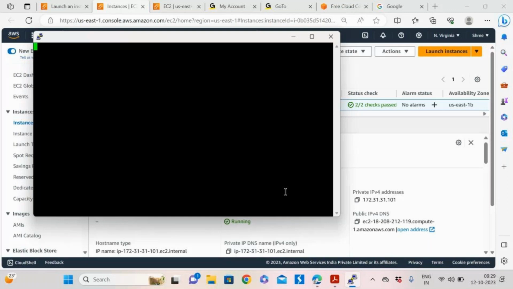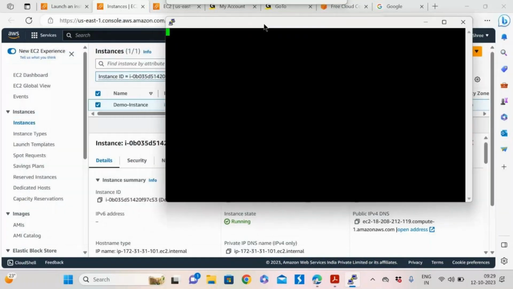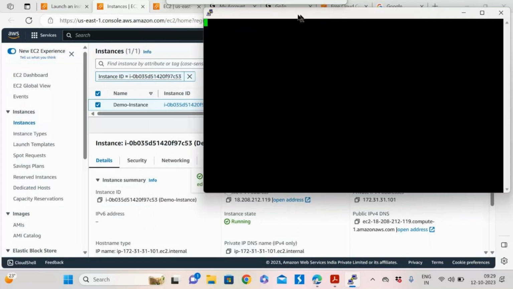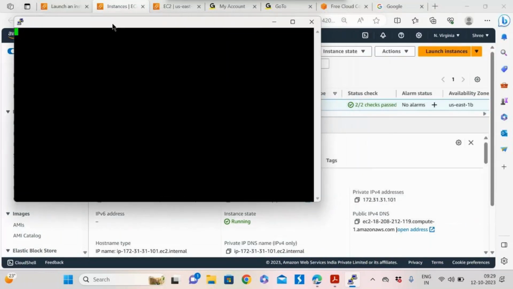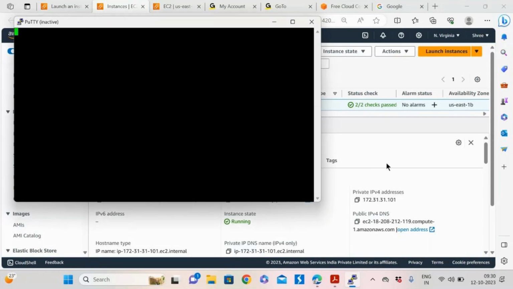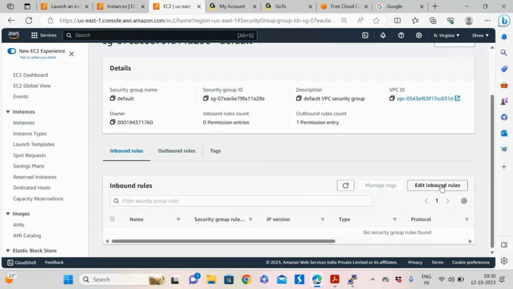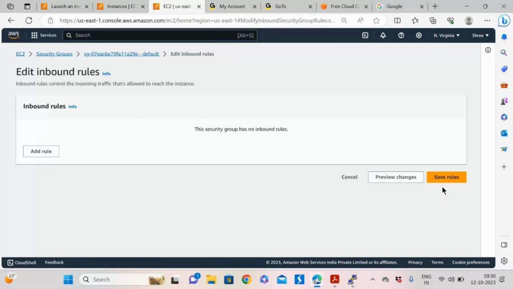It doesn't open, because there are no rules in the security group. That is the reason it is not allowing: network error, connection timed out. So it's not possible. If I add the rule, edit inbound rule.